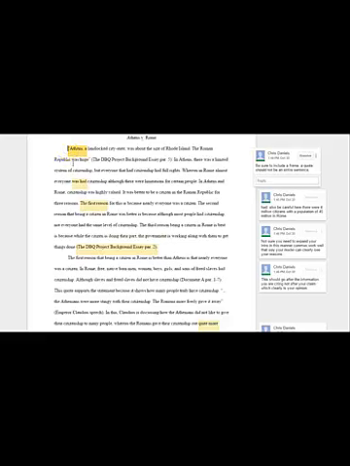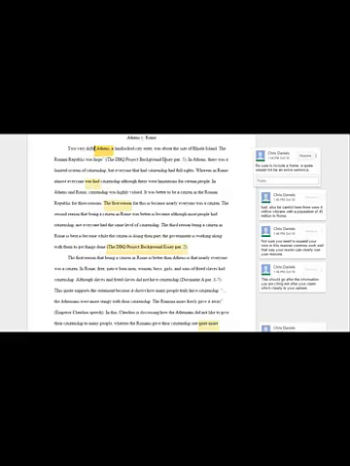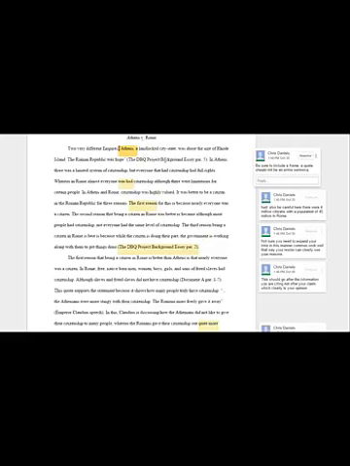So what I'm going to do is put my cursor here, and the DBQ project background essay. Obviously this is where this information comes from. So what we're going to say is, two very different empires, comma.